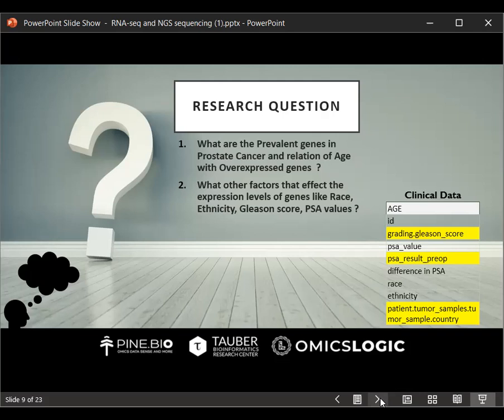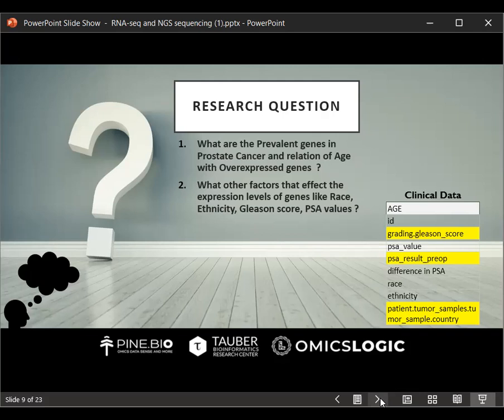The first and primary objective of our research and study was this only. The second thing that I wanted to understand is what are the other factors, like expression values, race, ethnicity, Gleason score, PCA values, that affect the metastasis of the prostate cancer or the PSA values of the prostate cancer. As you can see on the screen right now, the clinical data that is present, the metadata that we